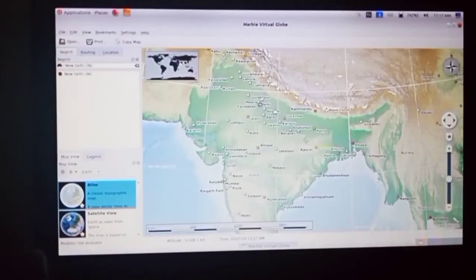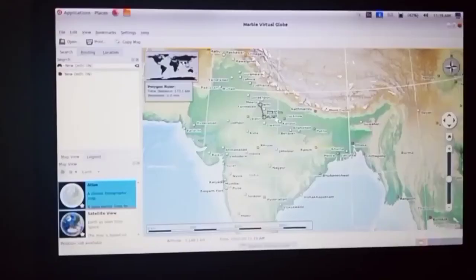Now find Agra on the marble globe. Here you can see Agra. Do the same steps. Right click on that. Click on add measure point. Now you can see the aerial distance between New Delhi and Agra. Do you see a red line?